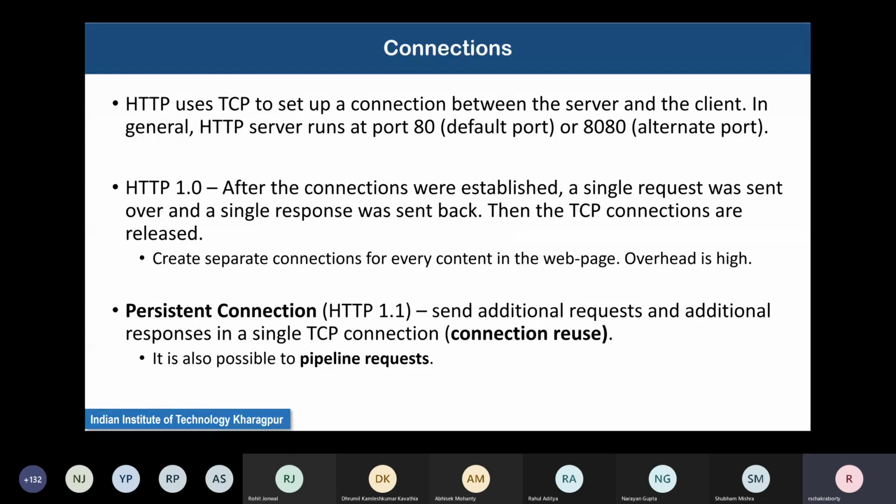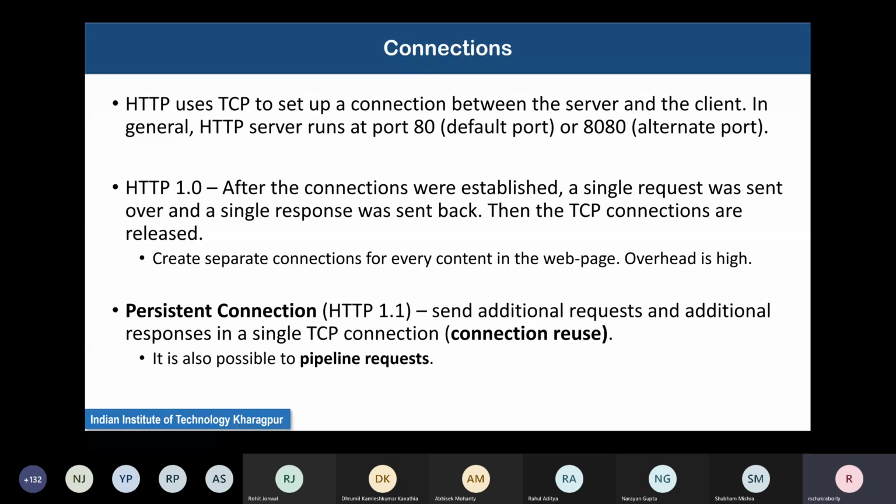Okay, so what this meant was that separate connections are needed for every content in the web page. And the overhead is very, very high. Like that figure needed to be displayed, right? So there will be one TCP connection for the first HTML page.